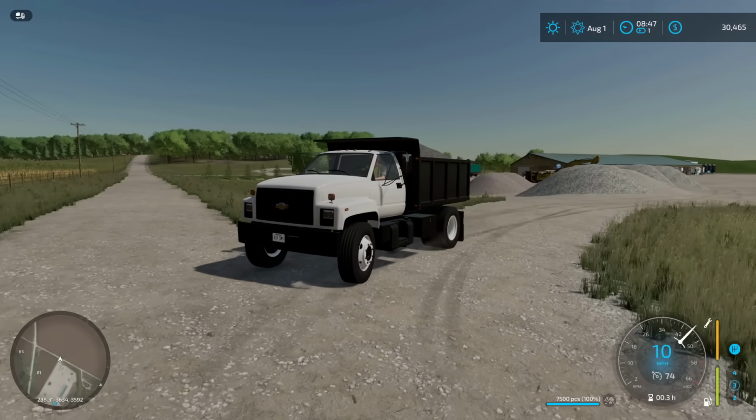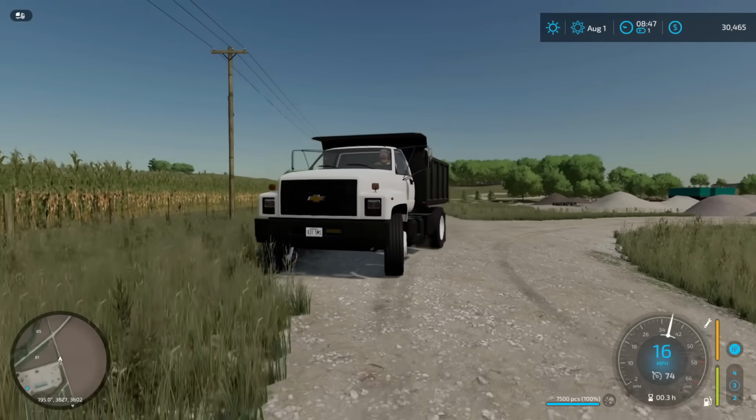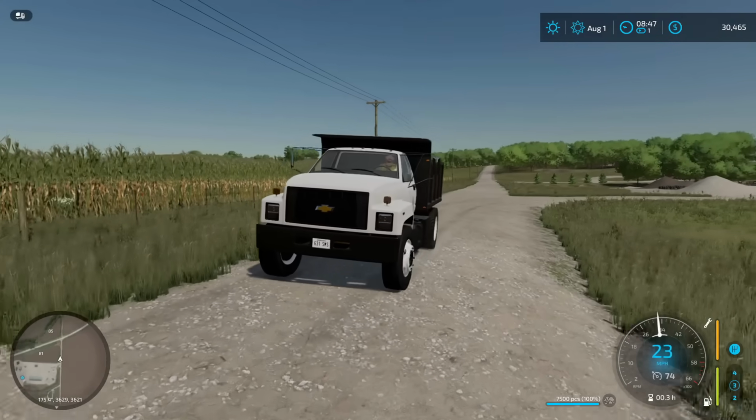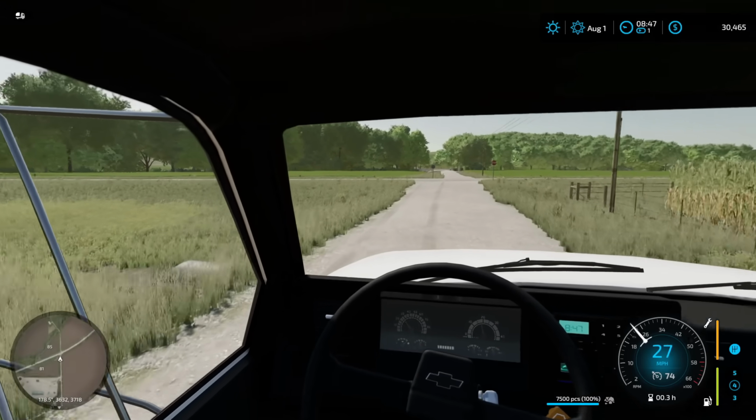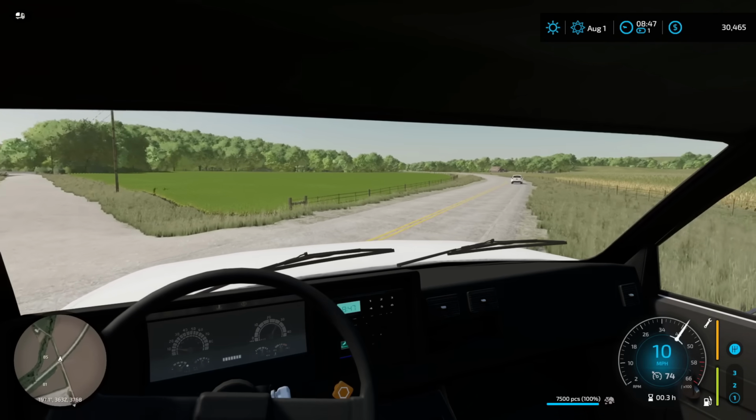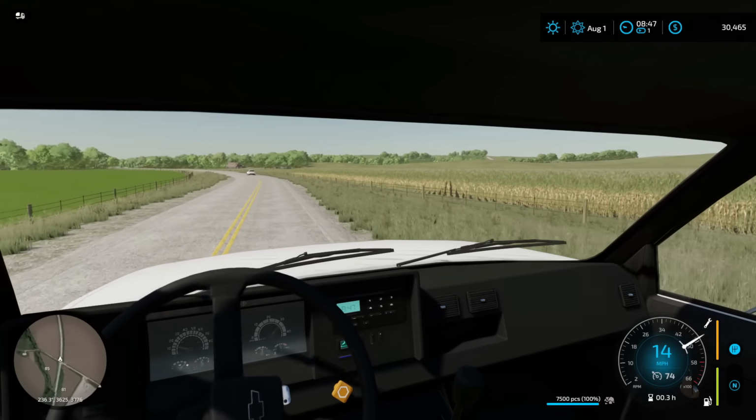Yeah, I already changed the wheels and put Chevy and GMC logos on it. Looks a lot better. I like it. This truck definitely sounds awesome. I cannot complain. Let's drop a gear and, well, we're not really going to disappear, but we'll at least be